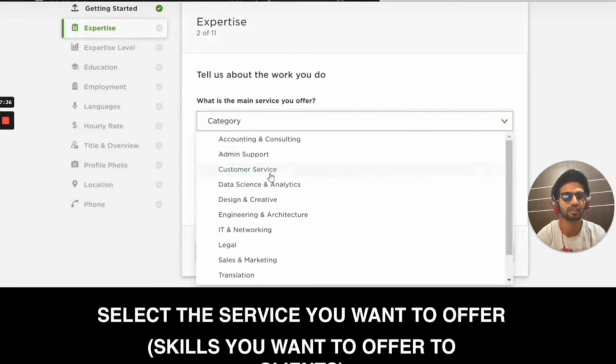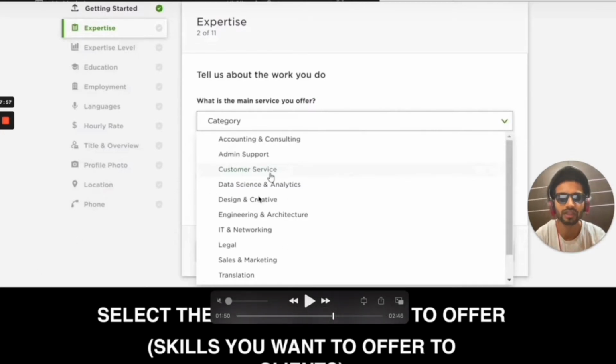Because in our work, when you complete your job, the client will give you feedback and rating. So it's very important for you to get good feedback on your profile in order to win lots of jobs on Upwork. So choose your categories in which you are expert.